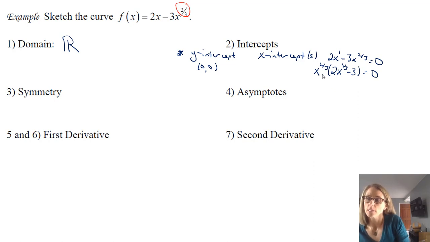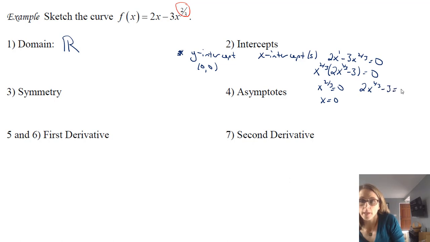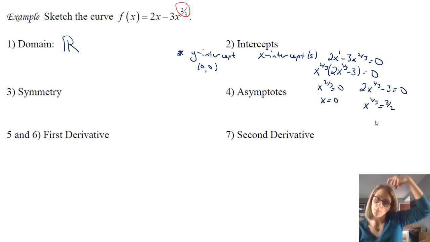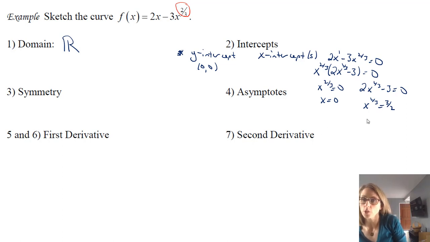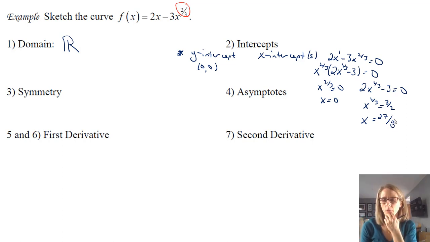And then that pulls from the second piece and I get this. And then that is going to tell me that x to the 2/3 equals 0, but I'm not really surprised to know that, and that tells me that x equals 0, and that's the y-intercept. The other piece here, when I let that equal 0, I'll get x to the 1/3 equals 3/2, and then I'm going to cube both sides. That's the key thing to see there, you have to cube it, and I get x equals 27/8. So that's a little over 3.